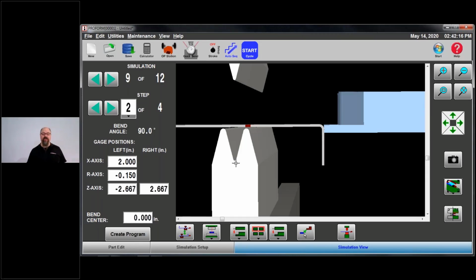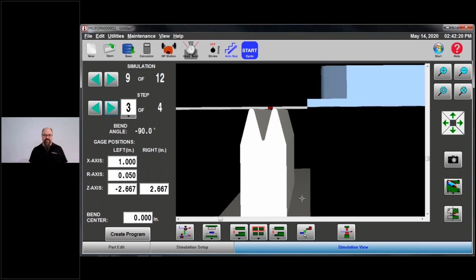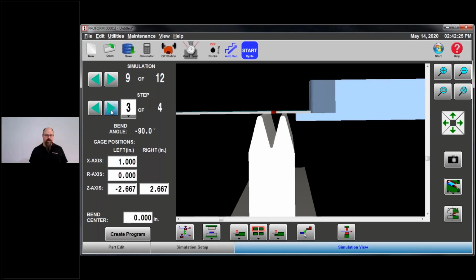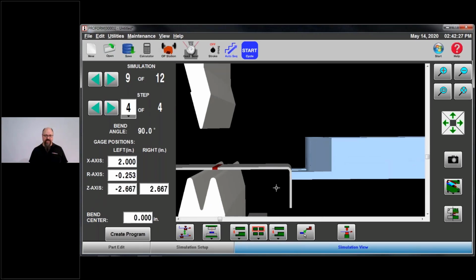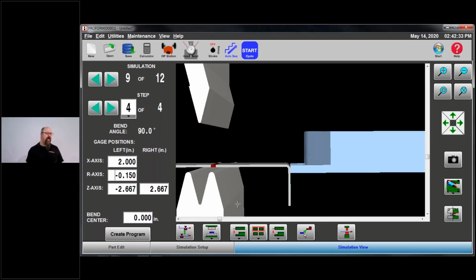So it's automatically in there, you don't have to worry about that. Now on to step 3, same as I did on step 1, go to the step here. Step 4, same as I did on step 2, I'm going to bring that up to 0.15 negative. Okay. Now, a lot of this is going to be personal preference.